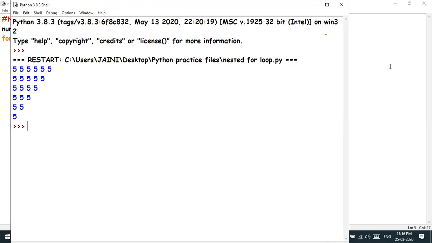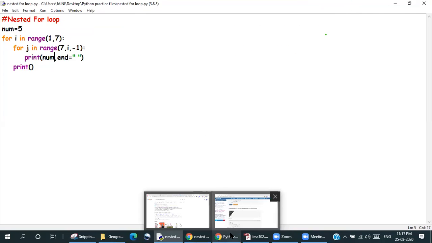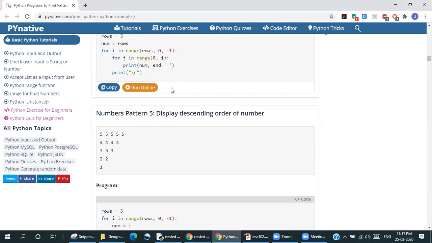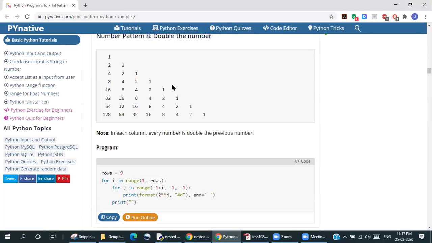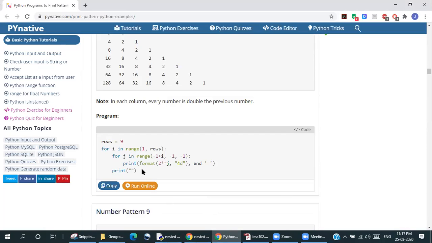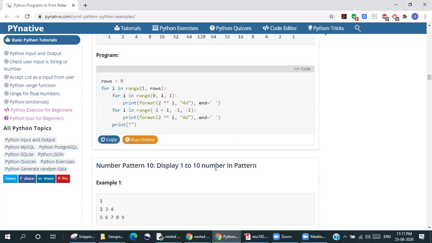There it is. Okay. So what I want you all to do for today's video is you all are going to go to this particular page and you all are going to try all these patterns out. Some of them you may not understand, like these. You will not understand this. So you're going to really sit with your mind and understand it. Of course, we are not going to do all of these, but the more you understand it, the more your concept gets clear.